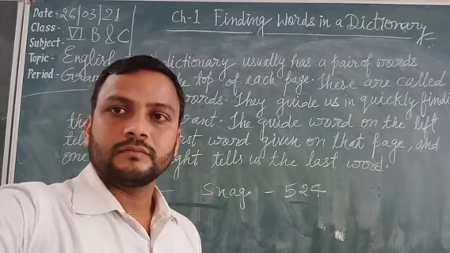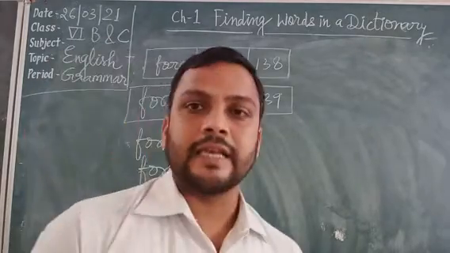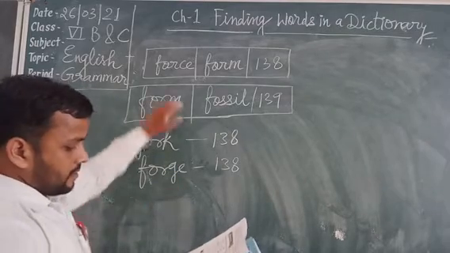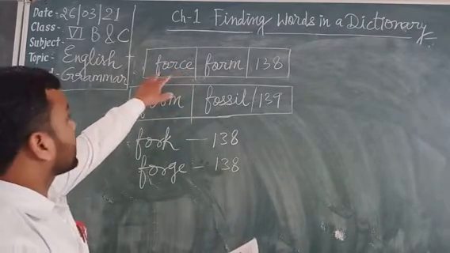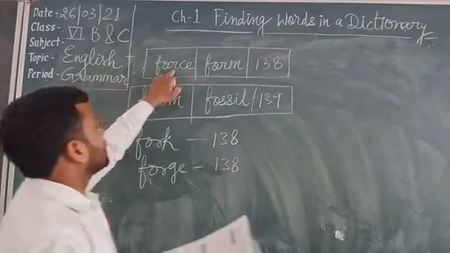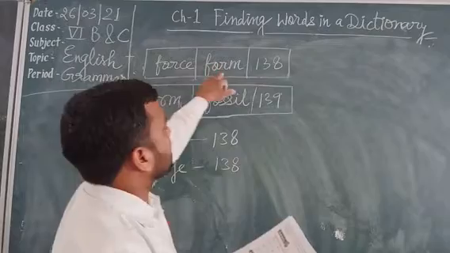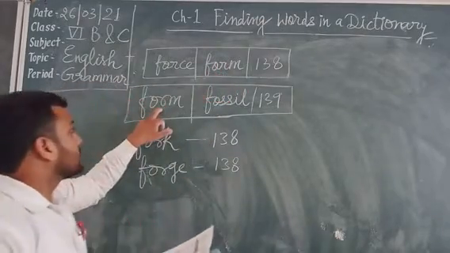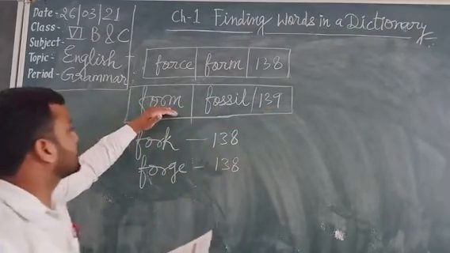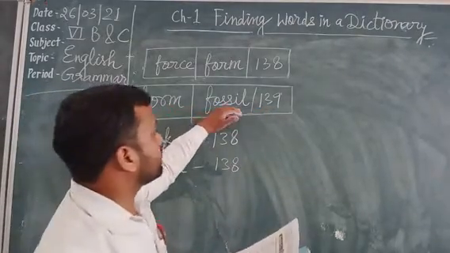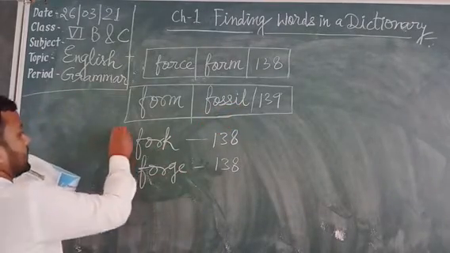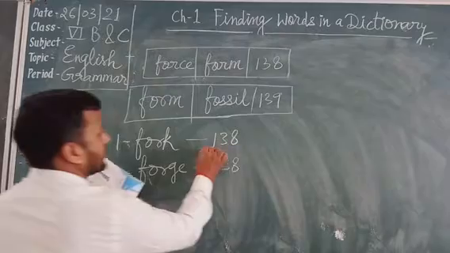Okay, students, now see exercise second that is given in your book. The guide words and the page number are given in your book. The first word is horse and the last word is palm. Again, on page number 139, the first word is palm and the last word is person. So now the given words are here and you have to find out the page number.